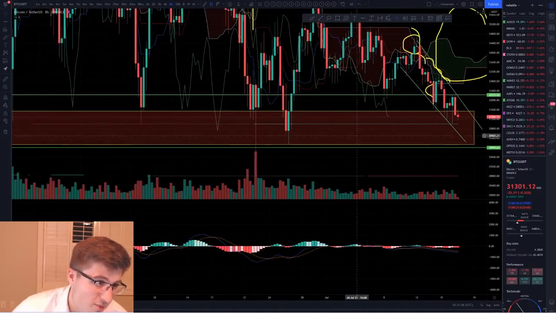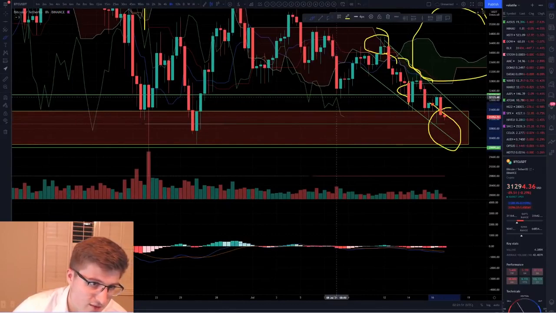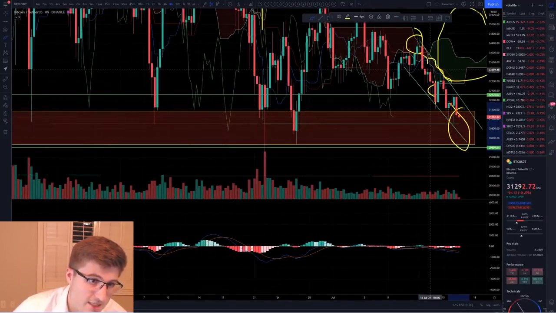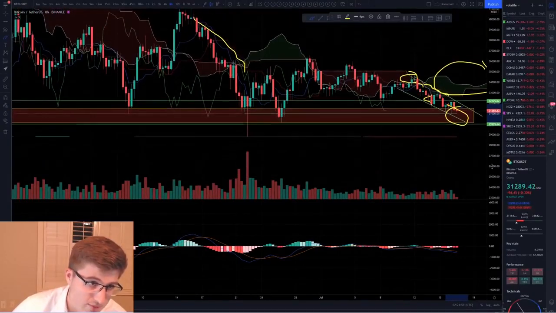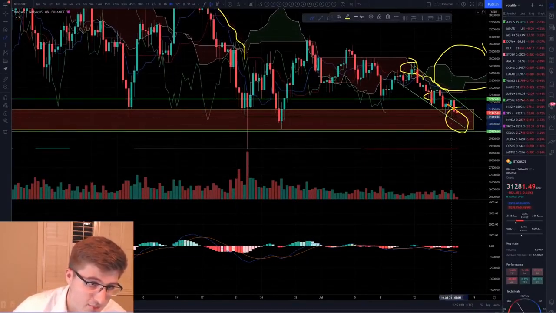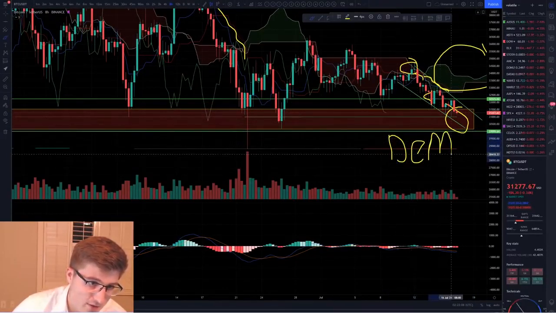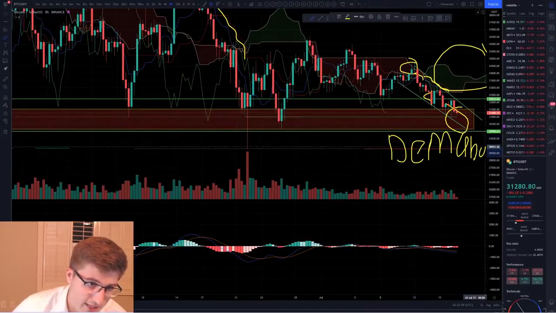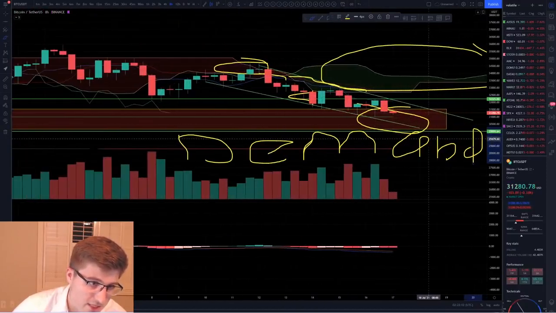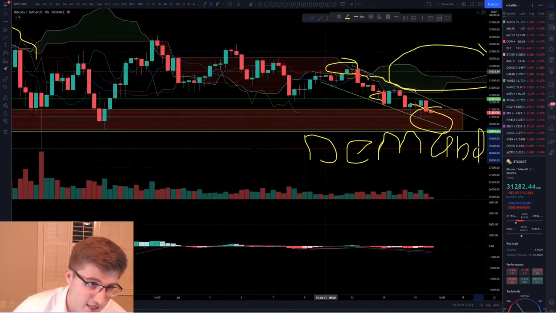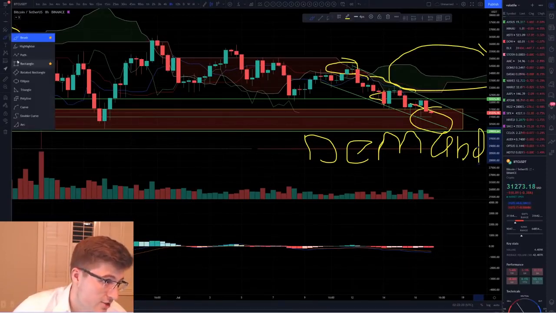What happens in this zone? What will we be waiting for in this zone? Why do I have this highlighted? We do see a lot of trend reversals here, right? This is where we see the demand. This is our demand zone right here. Where's our supply zone? Okay, this is demand. This means people are buying. This is a demand zone, which acts as a sort of support, but no one's really buying as of right now in it. Maybe if we dip lower and we get to these lower demand zones, we can have that push back to the upside, but this isn't showing the best momentum right now. It's showing a lot of bearishness.